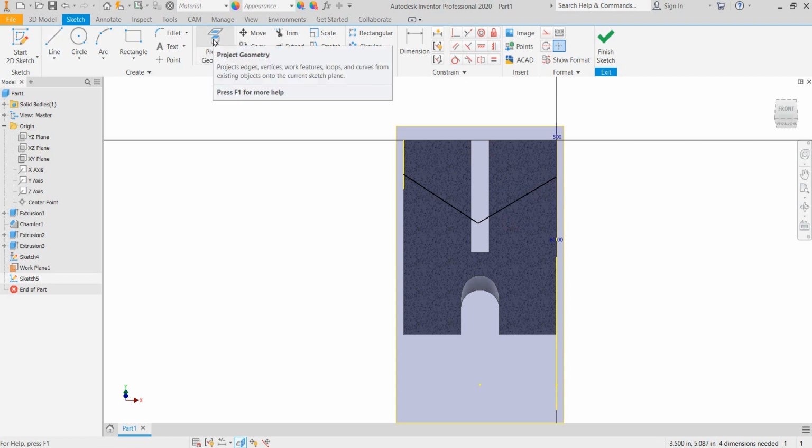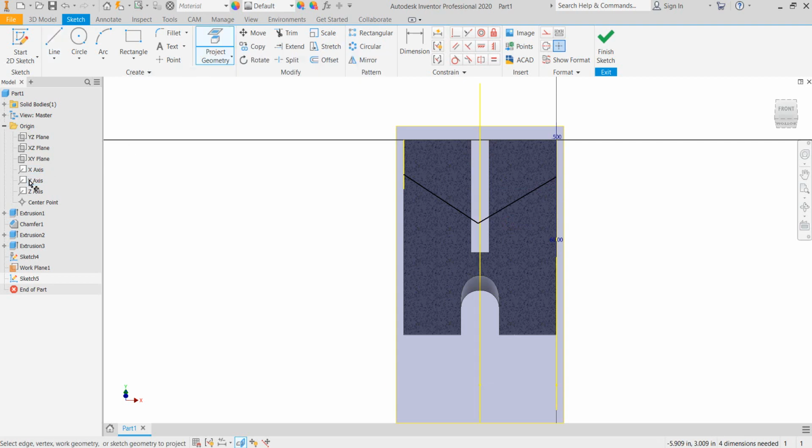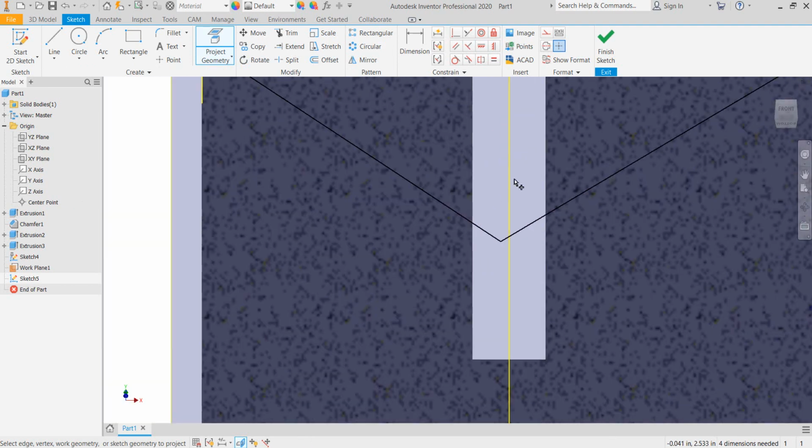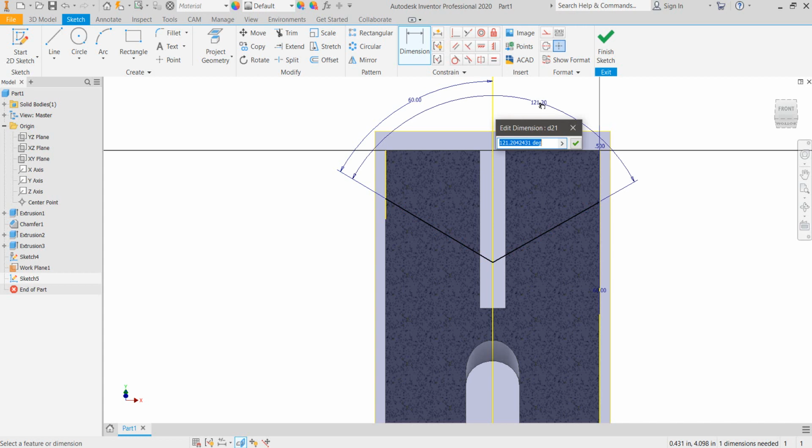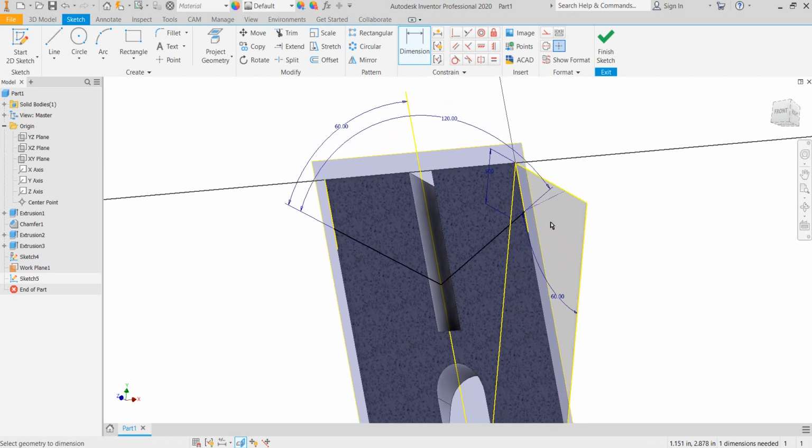Now let's project geometry of that y-axis and do a coincident constraint from that point onto the line. Now we'll dimension those angled lines at 60 and 120. Okay, now I need to